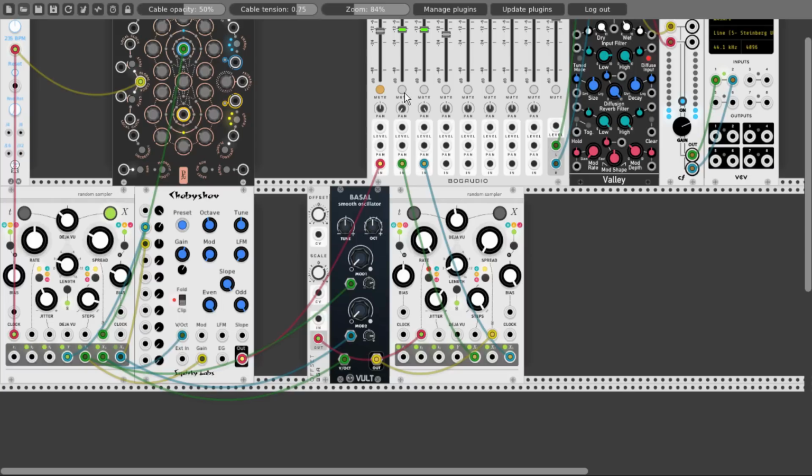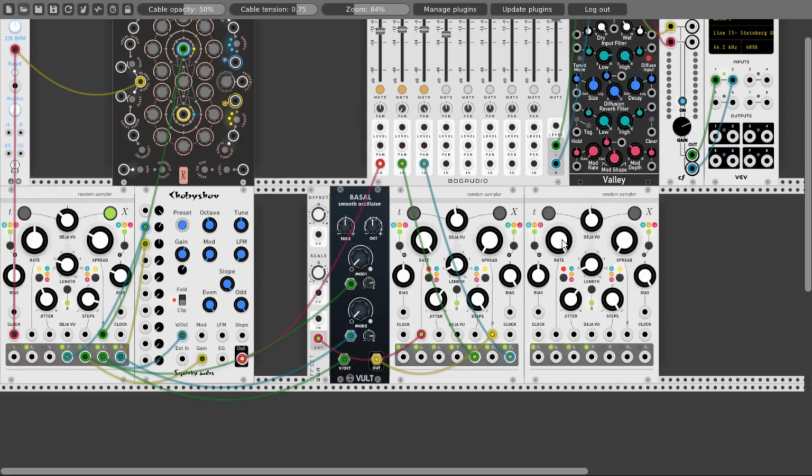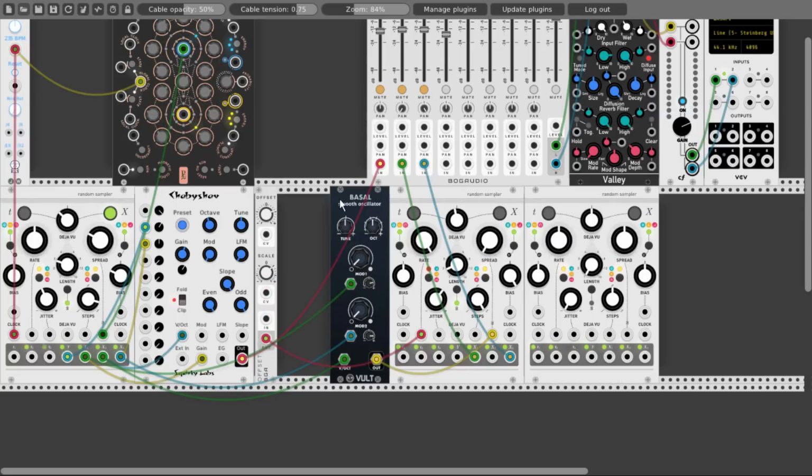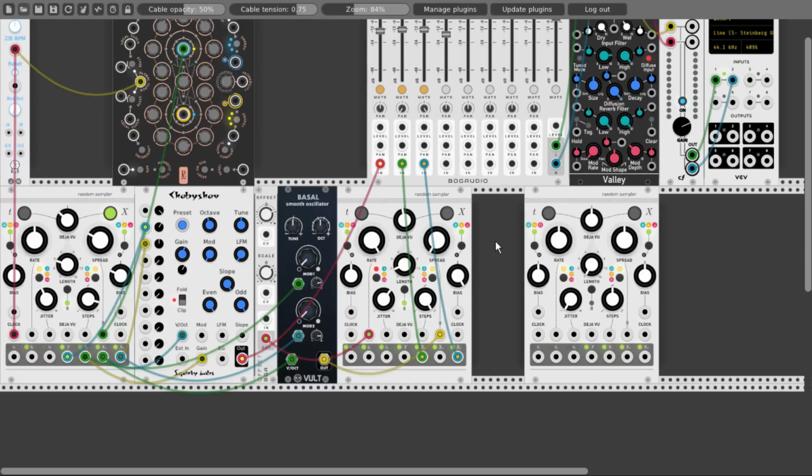Okay, very nice. And let's see also how to use Marbles as an oscillator. So let's add another Marbles, and I will initialize it also. Let's move this here so we have some space. And for this again, we will multiply the clock by 4. And now we can tune it just like an oscillator.